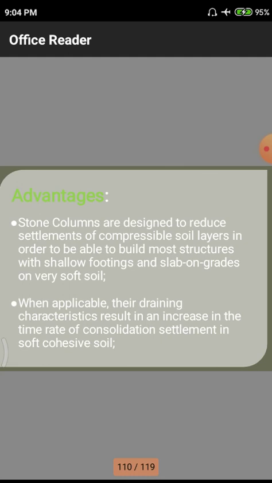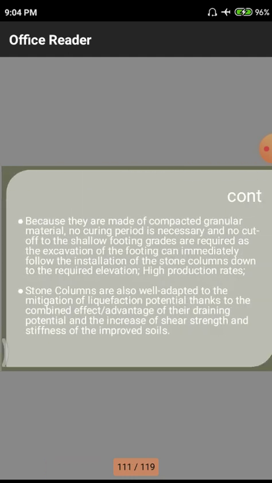There may be a huge amount of bonding between those particles, so other materials will not move as easily as stones. So we have to prefer these stones in these materials, and after that we vibrate, there may be a huge amount of bond between the stones and other surrounding materials, so that there will be less chance of settlements in soft cohesive soils.